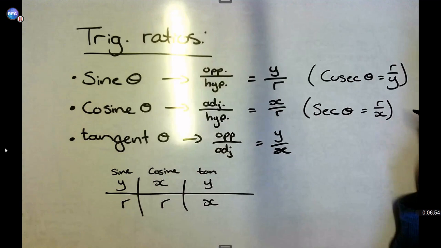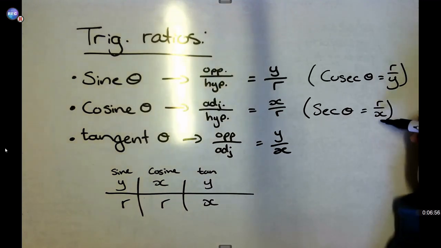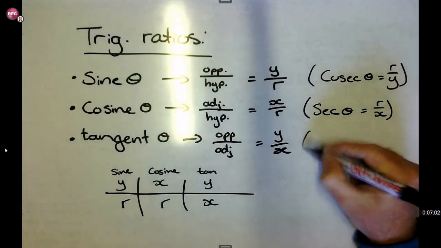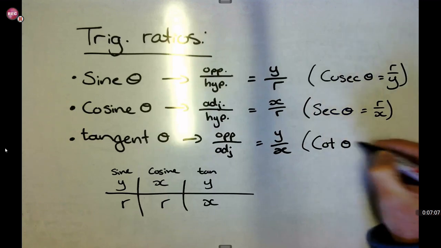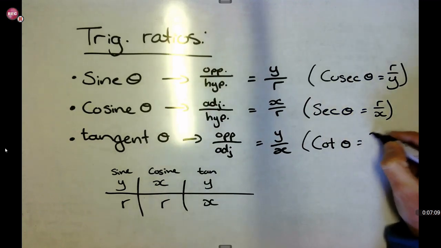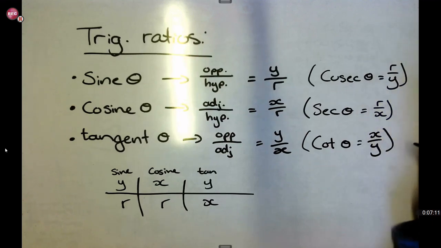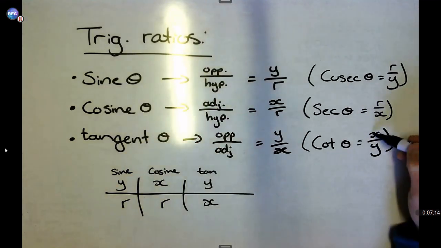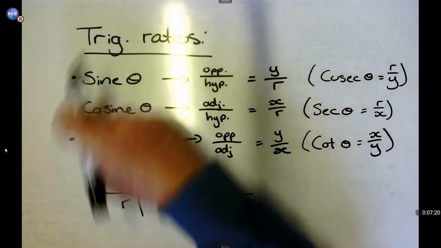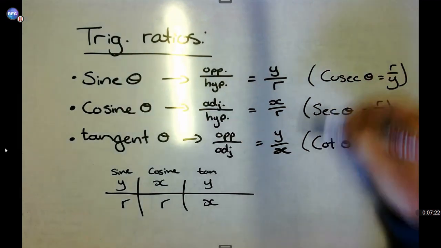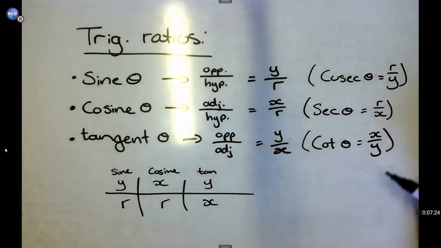So you swap it around. So it would then be the hypotenuse over the, what do you call it? The adjacent side. Then for tangent, it is cot theta, which would then be x over y. So you swap these two around and it would become adjacent over the opposite. Okay, so this is the normal function, this is the reciprocal function.